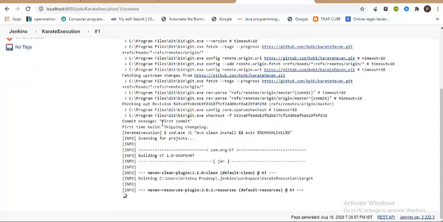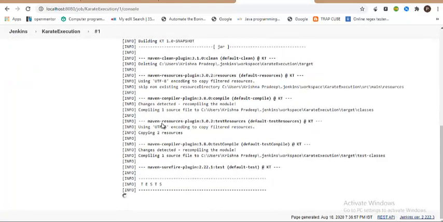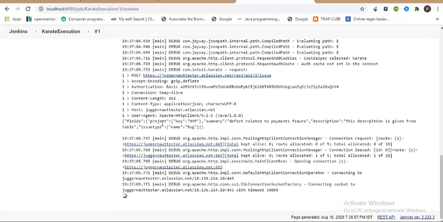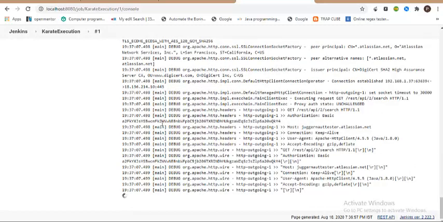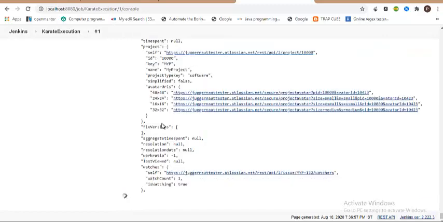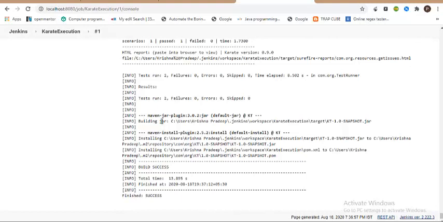You can see the stuff that you have seen before in the command prompt, the same thing happens in the console of the CI tool. It will also execute our test cases. You can see, guys, the responses are coming. You can see both the tests have executed successfully and we have no failures. This is how you integrate your test pack with the CI tool. This knowledge is very much needed, and this is where the interview questions come from for every test automation engineer. We need to focus on learning these things because this is the minimum need that industry has at this moment. So that's it I have for this video.